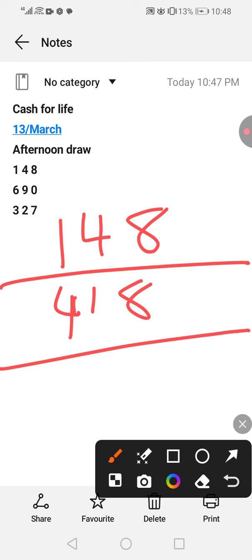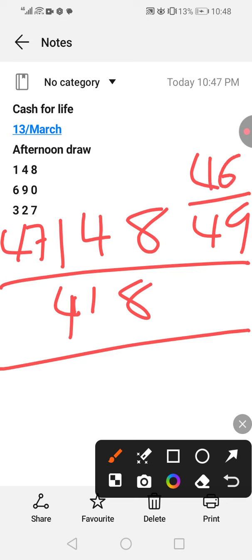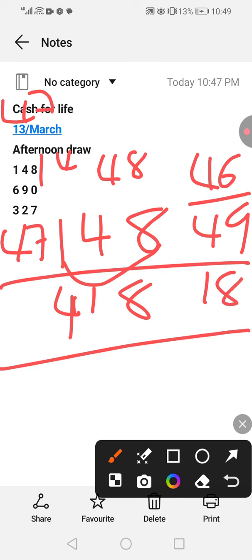Once you've done that, you see 1 plus 48 is 49. 1 minus 48 is 47. And then you spin here, you get a 46, definitely. And then we also have 48 there. You have a 14, you have a 47 from the first code. So at the bottom, we can check there's an 18 there. There is a 4 and an 8.